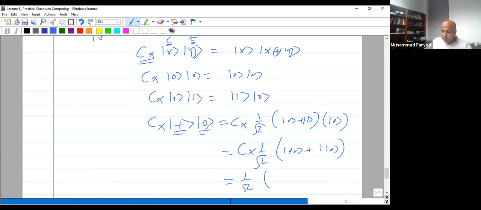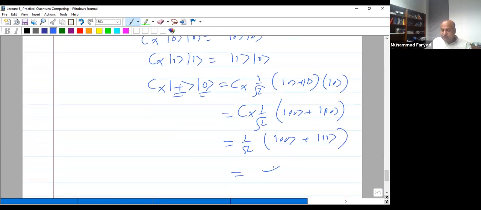So this is 0, 0, so this will remain 0, 0. Here the control is 1, so the target will be flipped and I'll get 1, 1. And this is the entangled state, which we had labeled psi 0, 0, the Bell state. So it means if your control is in superposition state, you get an entangled state. So that's why we can get